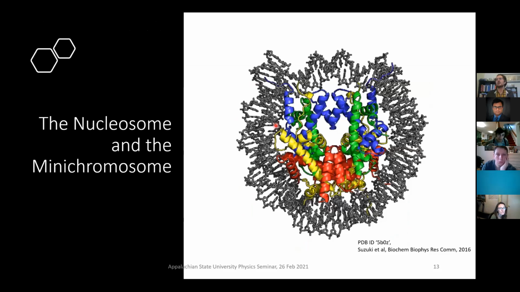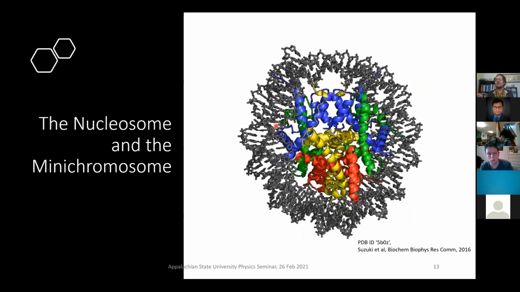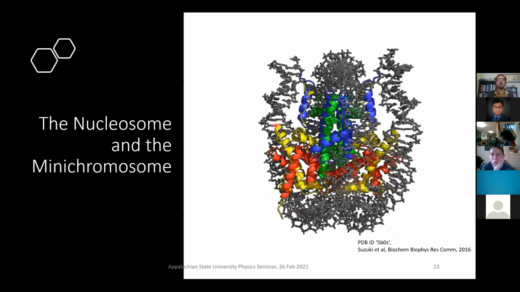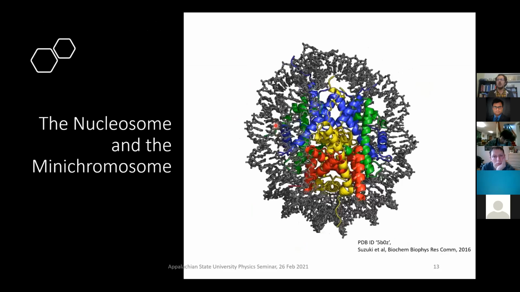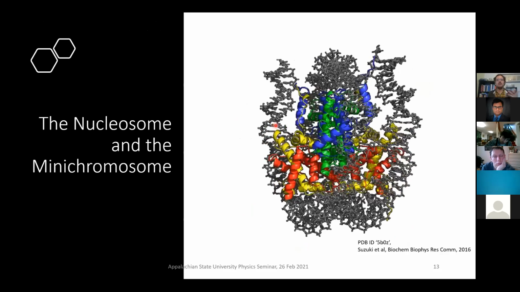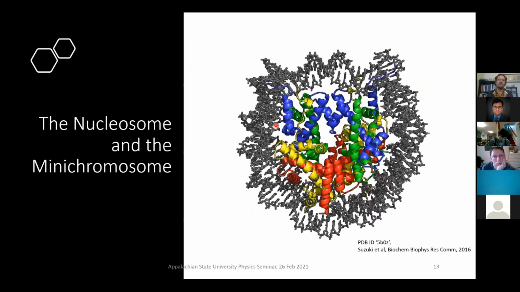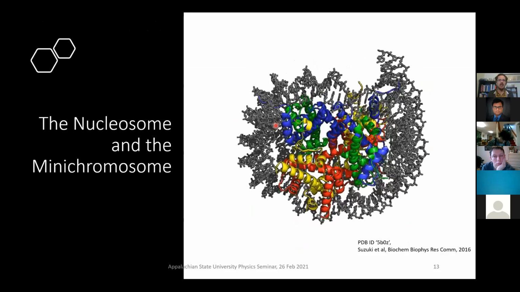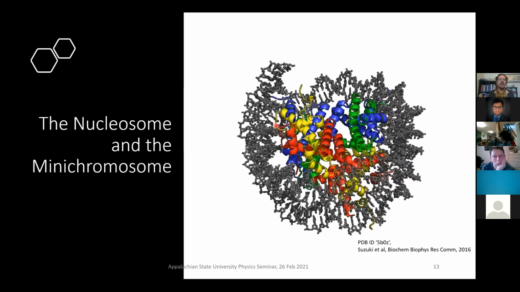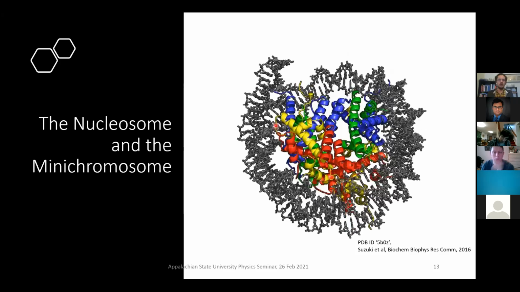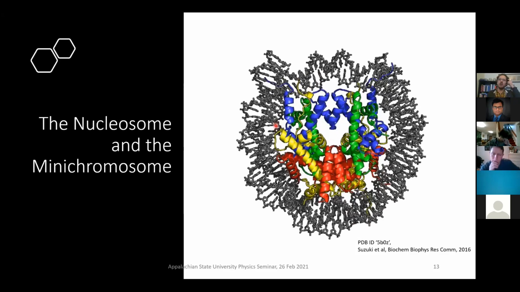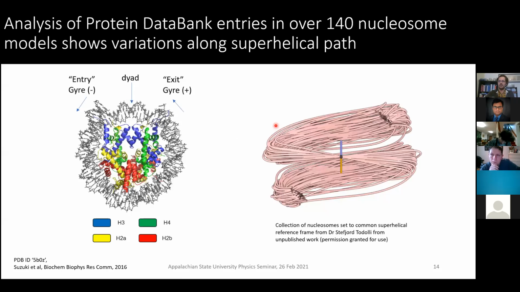With all of these parameters in place, we can start to build up our study, and look a little bit closer at the nucleosome and how it pertains to the mini chromosome. What this animation shows you is that nucleosome configuration that I mentioned. We have a wrapping of 147 bases of DNA, anywhere from 140 to 145 bases, around a histone core octamer. The different colors tell you what types of histone core particles are associated with it.